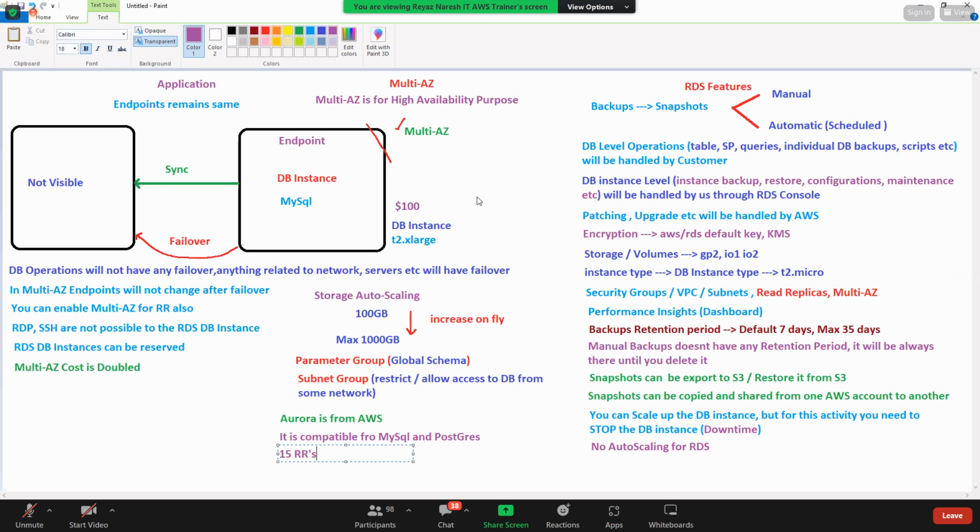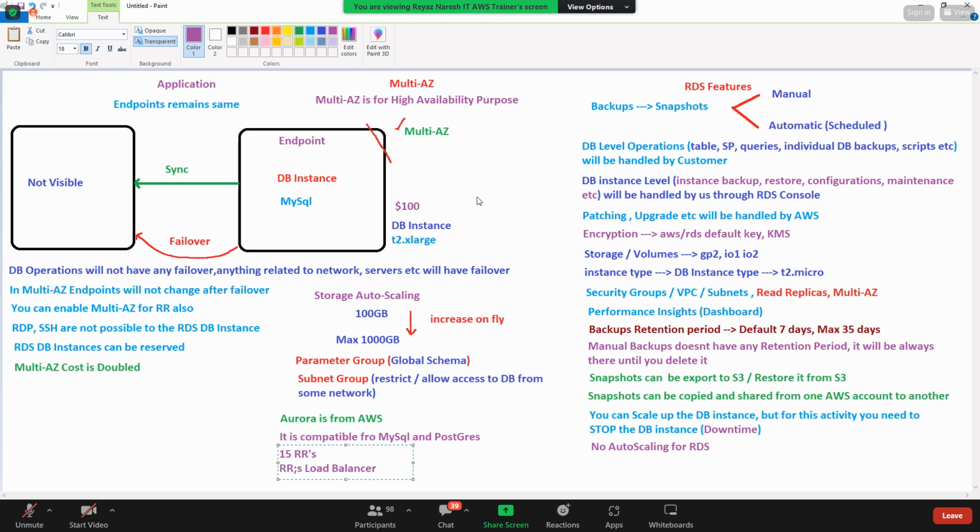No. Each replica has its own endpoint, so instead of connecting to every endpoint, it creates a load balancer on top of it. You connect to the load balancer, and the load balancer will distribute the traffic to the read replicas.